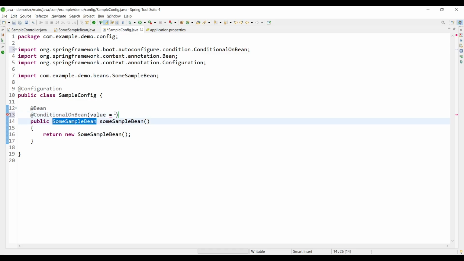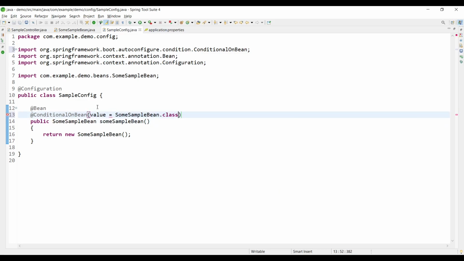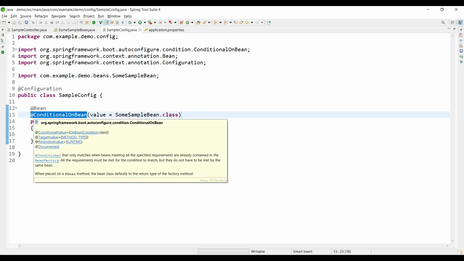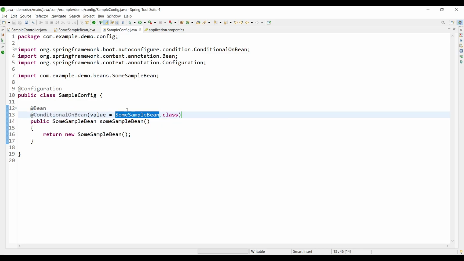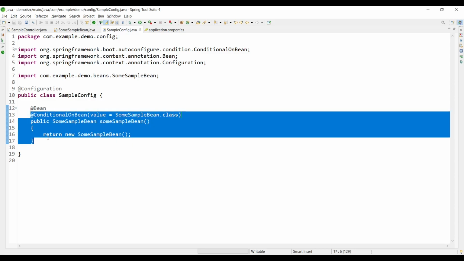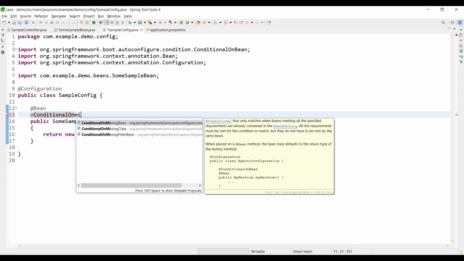What Spring would do on initialization is it will check whether this particular bean exists in the Spring IOC container. If it doesn't have it, it will not initialize this bean. We have an opposite annotation, which is ConditionalOnMissingBean. Similar to that, if the bean is not there, then this will be initialized.